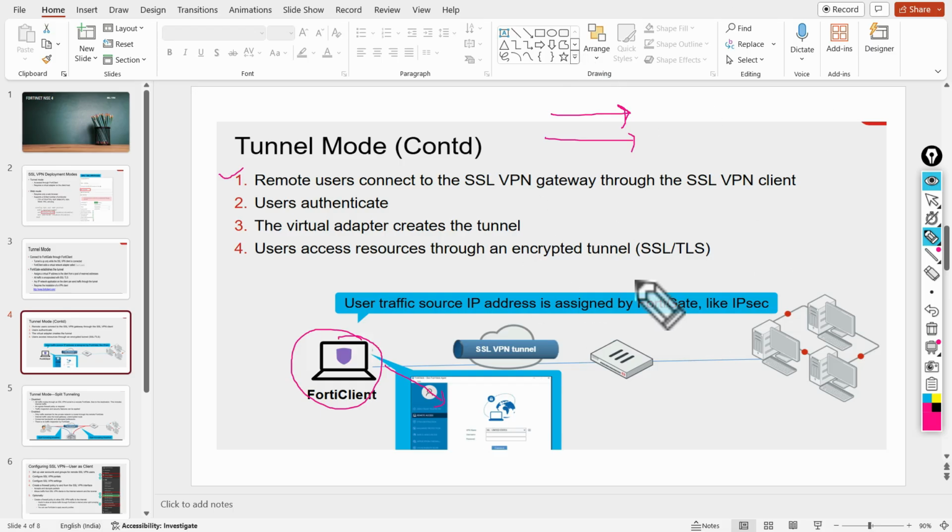After completing the configuration on the profile level, as you can see the VPN profile on this screen, the user has to provide the username and password.